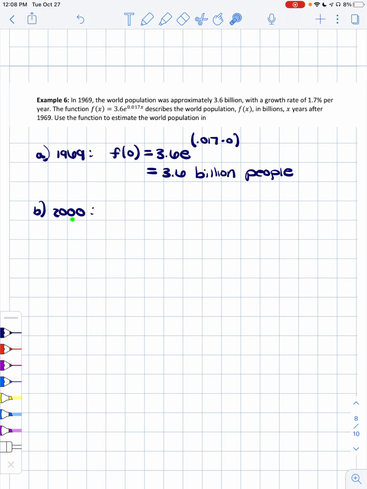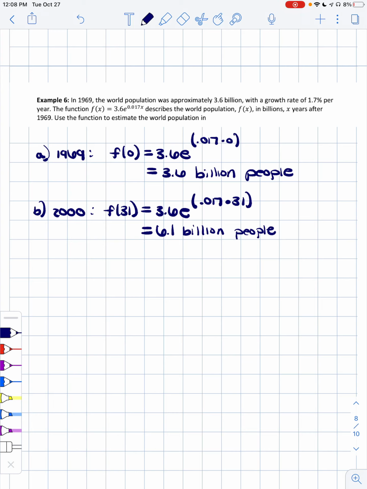So if we take 2000 minus 1969, that's a difference of 31 years. So f of 31, we have 3.6 times e raised to the power of 0.017 times 31. And if we plug that into our calculator, we get about 6.1 billion